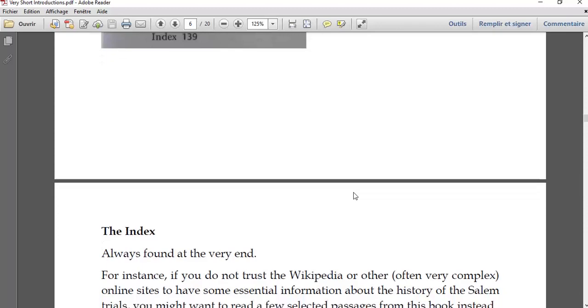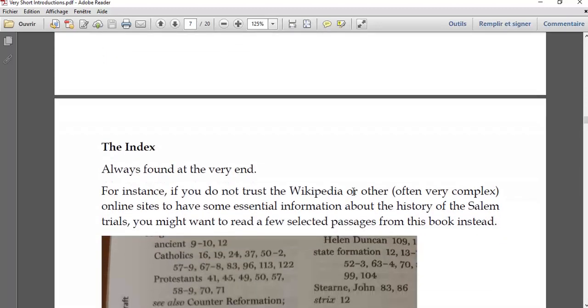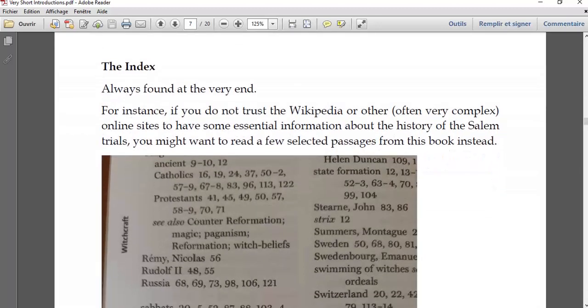The second paratextual element I would like to insist on is the index. It is always found at the very end of a book. For instance, if you do not trust Wikipedia or other often very complex online sites to have some essential information about, let's say, the history of the Salem trials, you might want to read a few selected passages from this book instead. Je fais une parenthèse,